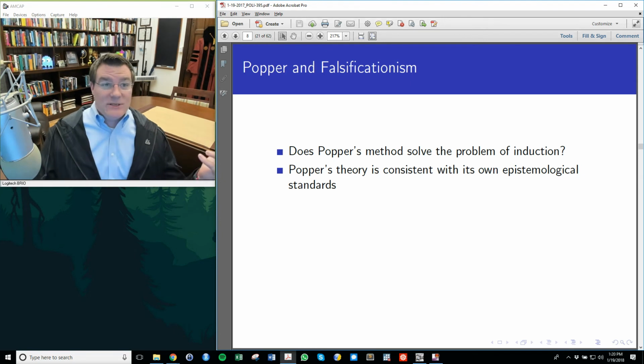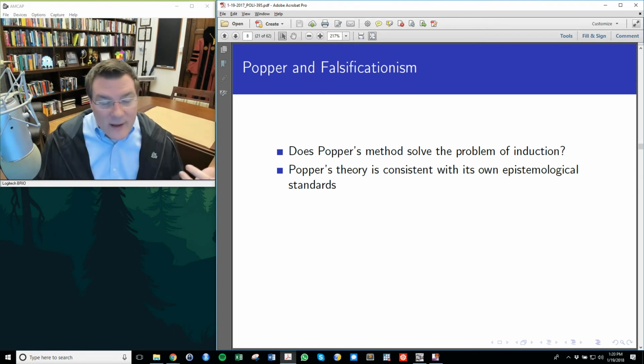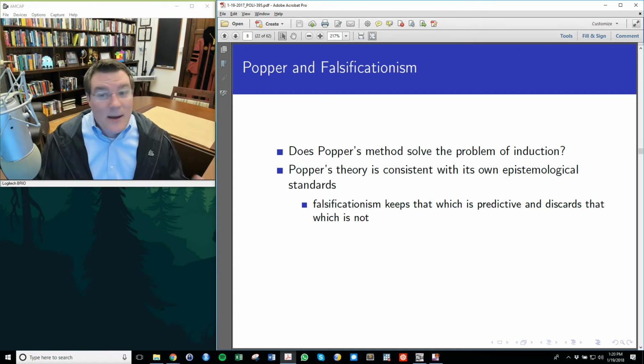And Popper's way of formulating these questions is consistent, meaning the questions that it asks, it can effectively answer. It can falsify or fail to falsify theories.